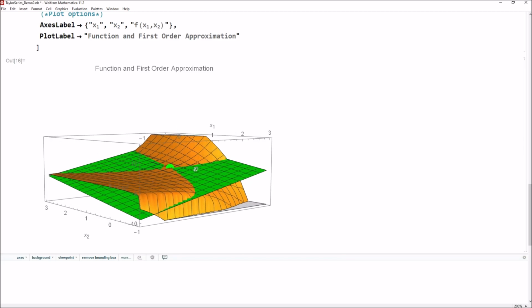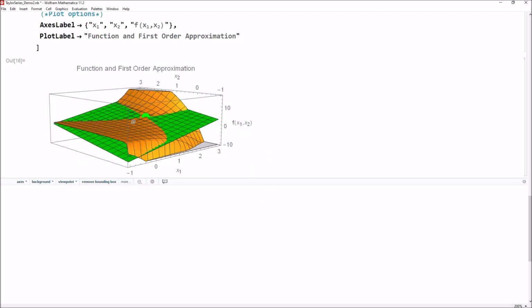That the Taylor series is giving us a way to procedurally generate this green plane here, which nails the function at the expansion point and is tangent to it, and it's trying to stay as close as it can near that expansion point, right? Okay, so now that we've done this, let's go ahead and get the second order approximation,